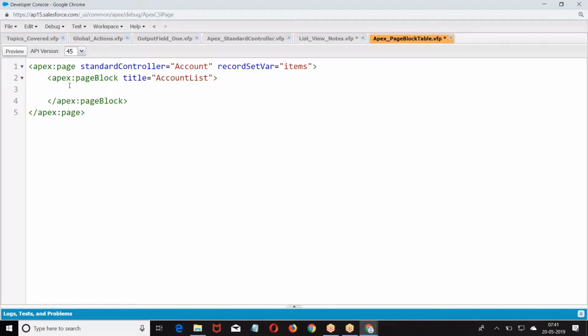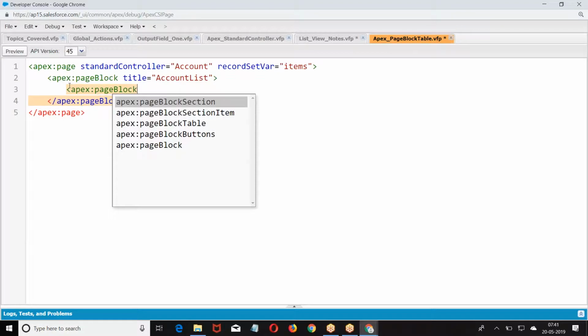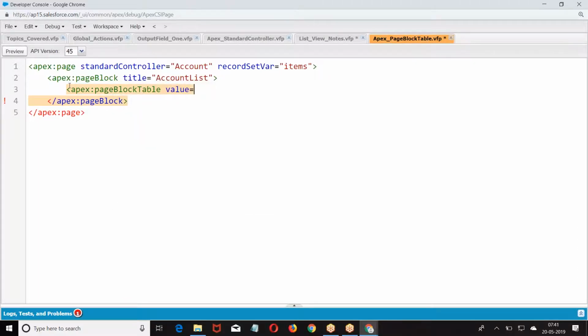Now, page block table is a child of page block. So we have page block table, value equal to items.